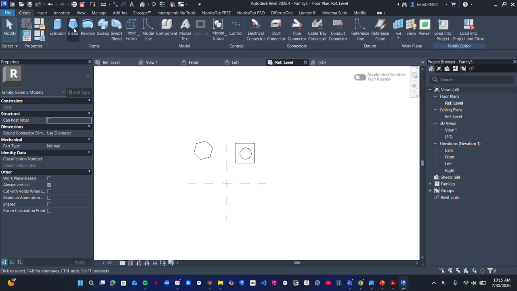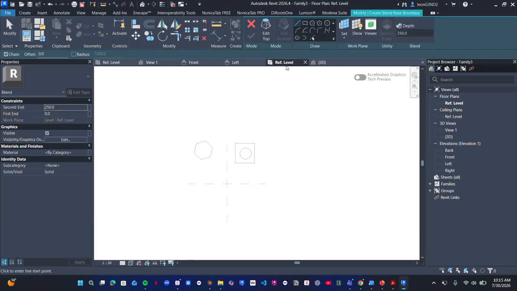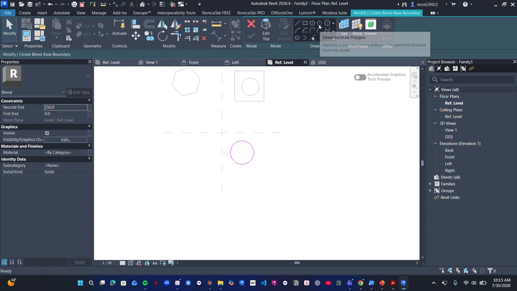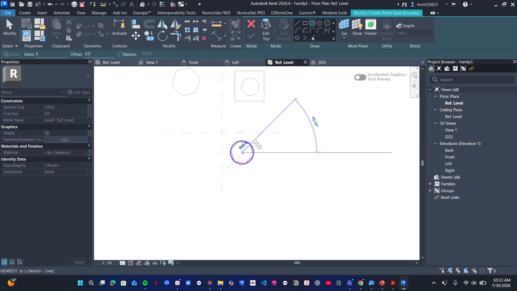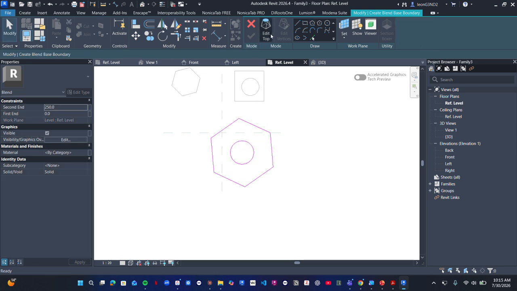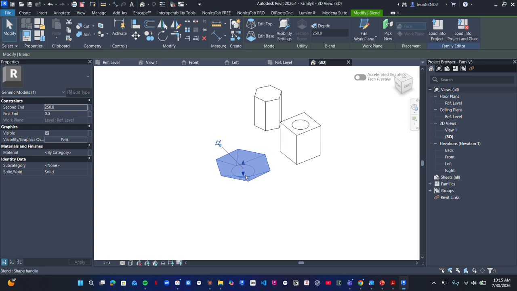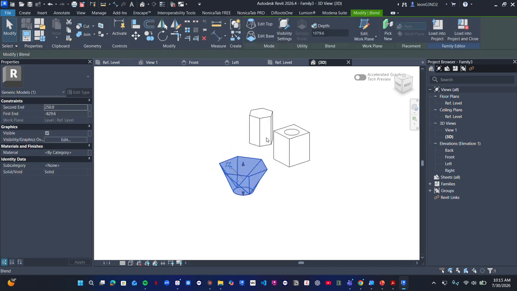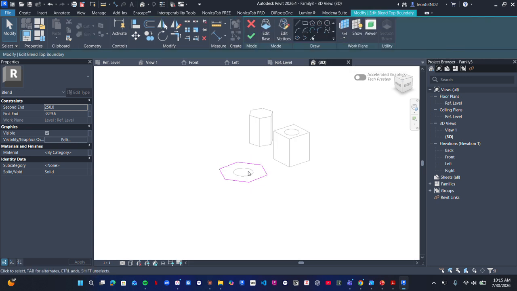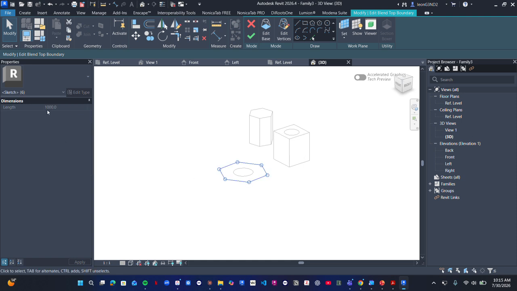And another one, like I said, is the blend one. So if I just come here, I just select this square here, just make it a circle. And then I can also just make this hexagon here, and at the top, just do it there. Say okay, and see now our family is being created there. So you can also just edit where you want this to land. So if I perhaps just increase the height,